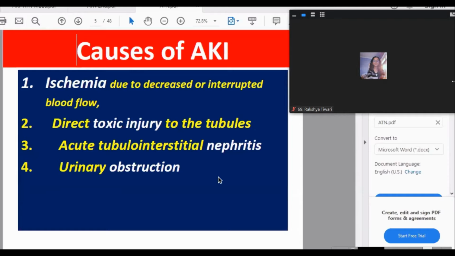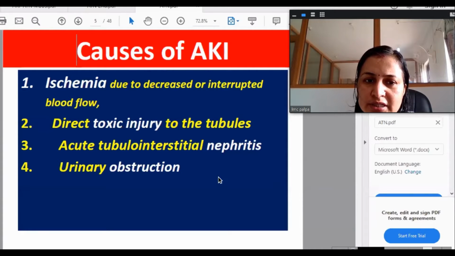Understood? Now, this acute kidney injury or acute tubular necrosis is mainly of two types, but I have categorized it into broad headings, 4 types. So the major 2 types are ischemic and toxic. Mind it, acute tubular necrosis can be either ischemic or toxic. The other causes are inflammation, acute tubulointerstitial nephritis, as under the heading of tubulointerstitial disease we said there can be inflammatory disease, and urinary obstruction. So you should not forget the ischemic and toxic ones.